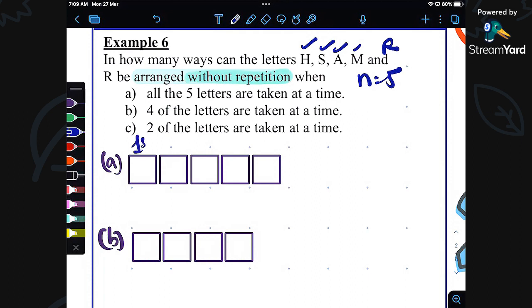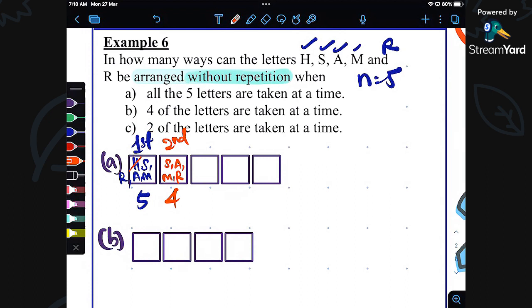The first box can either be H or S or A or M or even R, so there are 5 options of letters to be seated in the first box. Let's say H is already seated there. Tinggallah S, A, M, and R, so 4 letters there